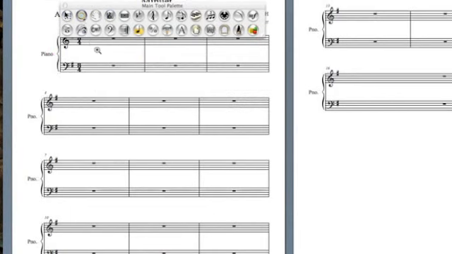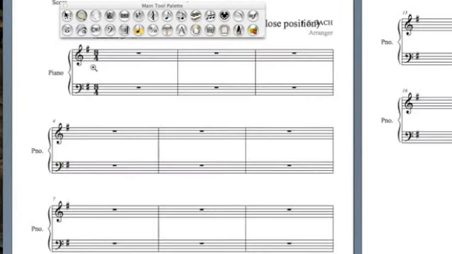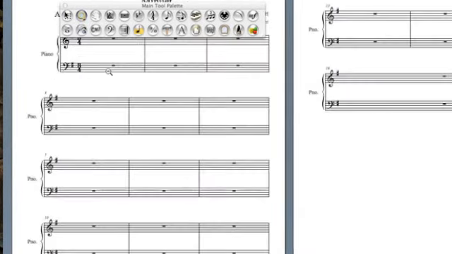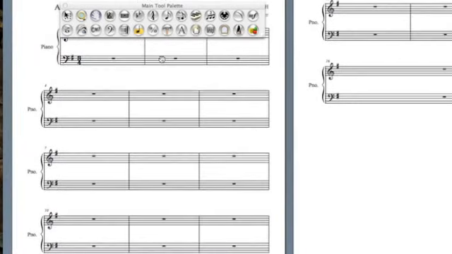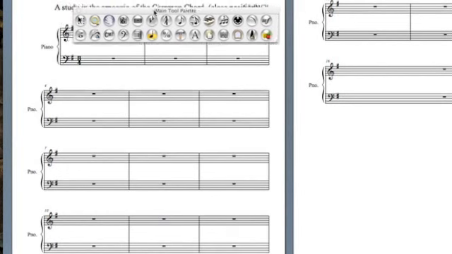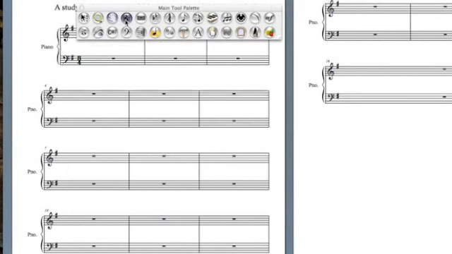Zoom tool, basically just a regular zoom. You click with the plus sign to zoom in, and then you press option to zoom out. And then this is the grabber. This is for you to kind of move things around only within the score. Your window stays the same, but you just kind of move your score. And then you have your